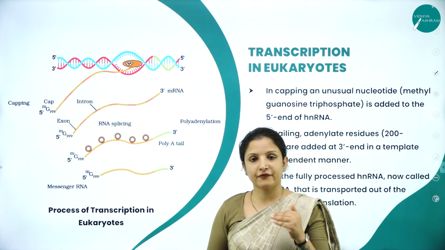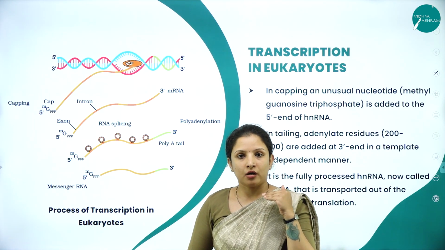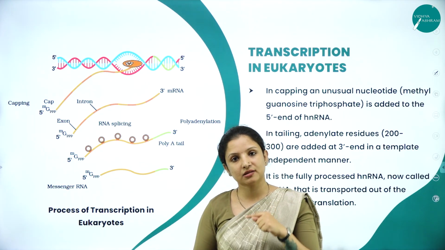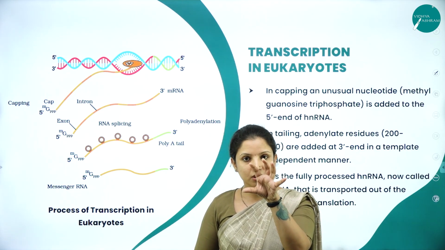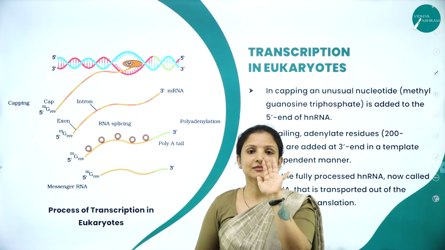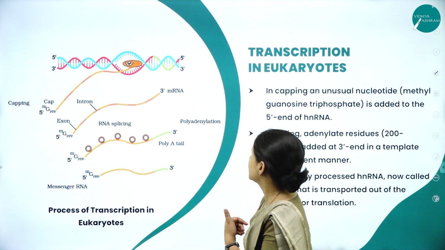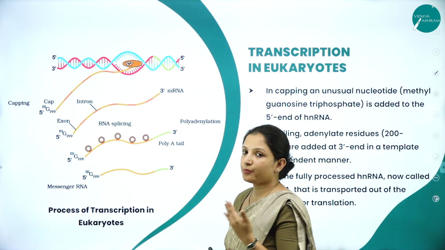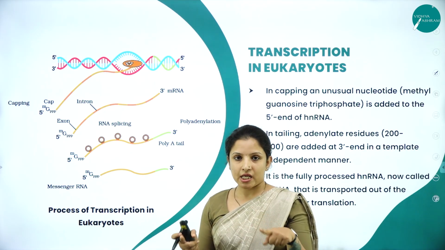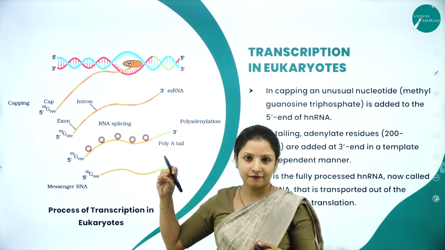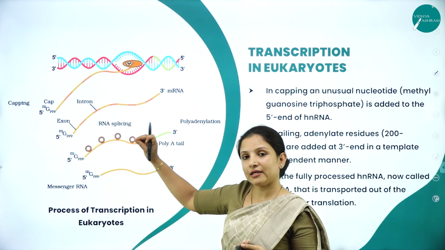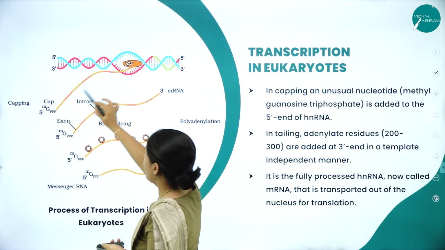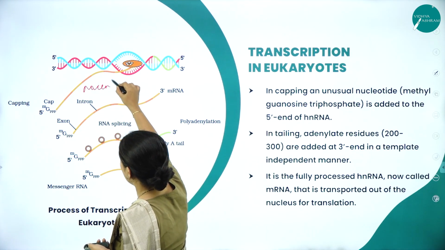First thing is the same. In the case of eukaryotes, first the double helical DNA strand is there, and only the coding strand participates in transcription. The RNA polymerase enzyme will go and bind to the promoter region of the coding strand. Which RNA polymerase here? It is RNA polymerase 2. Once it binds, it will unwind the DNA helix and the messenger RNA will get formed. The messenger RNA keeps getting formed until it reaches the termination region. Now the messenger RNA will just fall off, and we call it the nascent RNA.